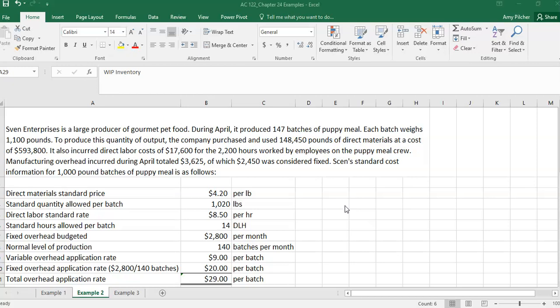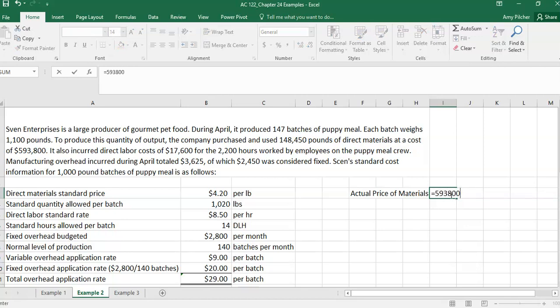So remember, the materials price variance is the actual quantity used times the difference between the standard price and the actual price. Well, we have the actual quantity used here and our standard price. What we aren't given is the actual price. So we need to look for our actual price of materials. We are told what we paid for the total cost of materials. So our total cost of materials was